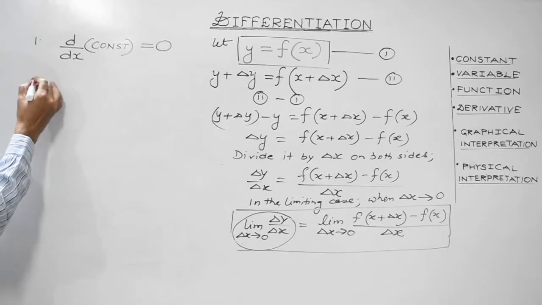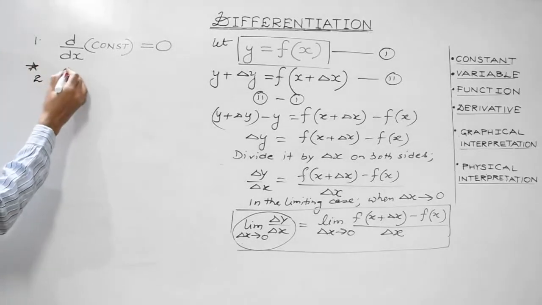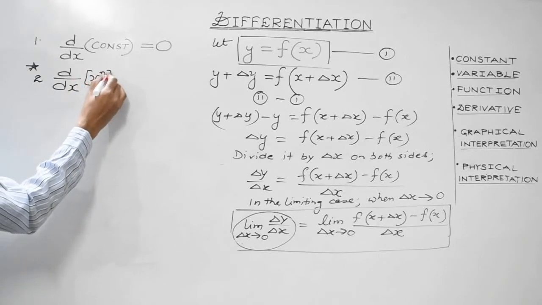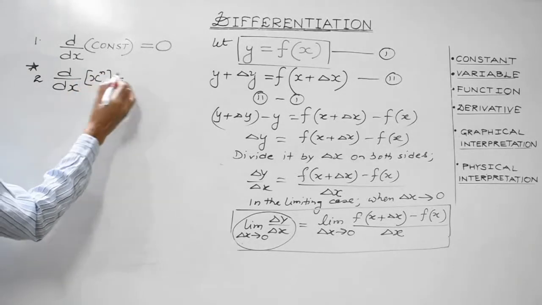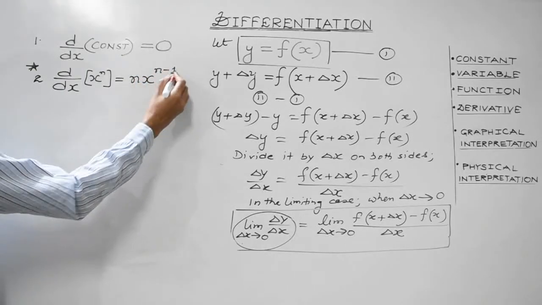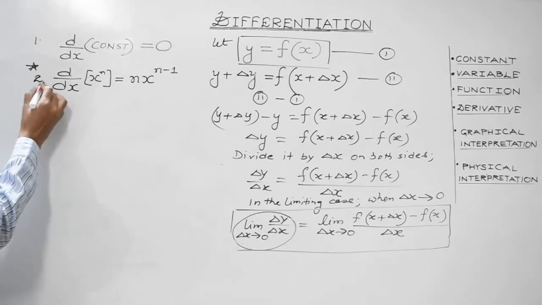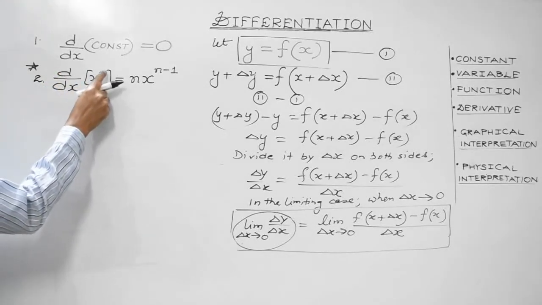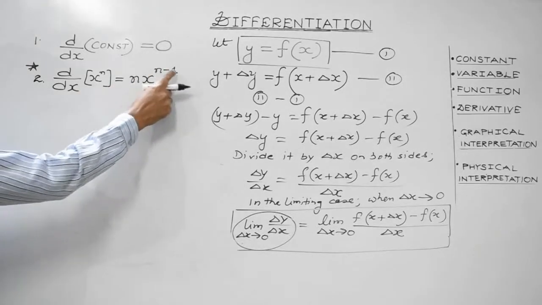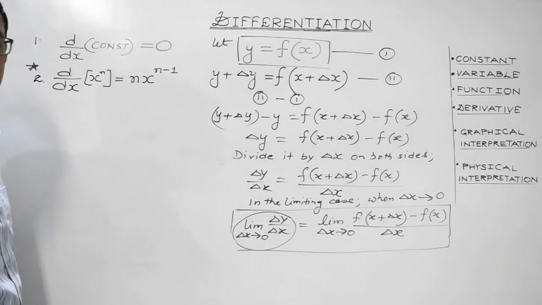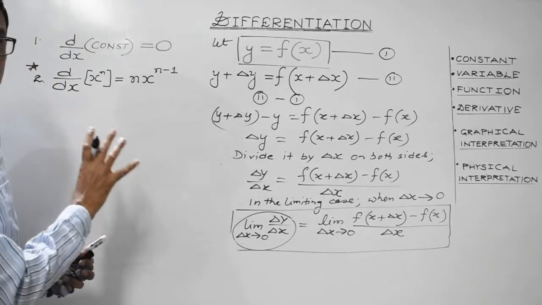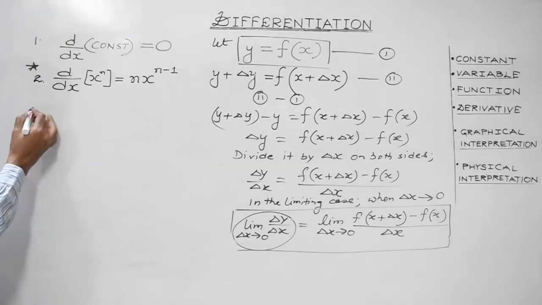Another very basic formula. Differentiation of x to the power n. It is equal to n x to the power n minus 1. This is the formula. This is read as differentiation of x to the power n with respect to x. It is n x to the power n minus 1. We'll discuss various quotients in the next episode. In this particular session, we are just trying to discuss the formulas. Third,